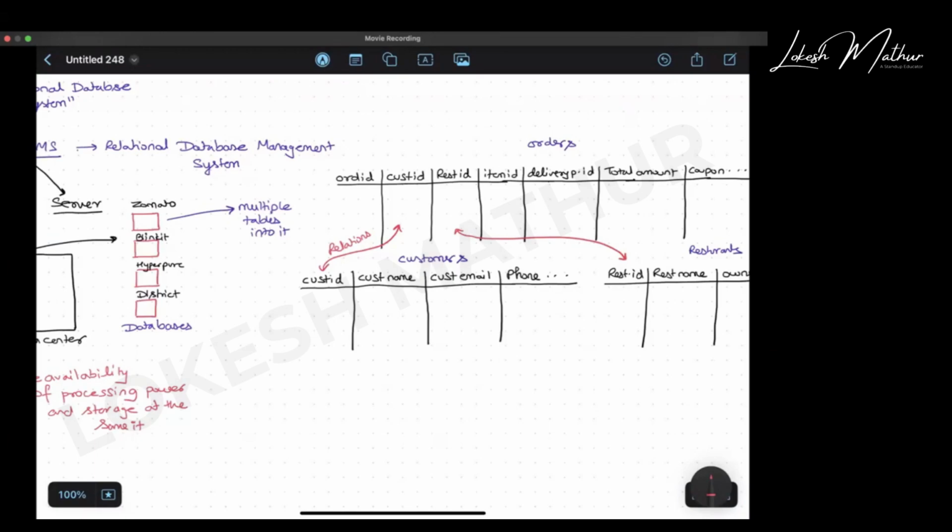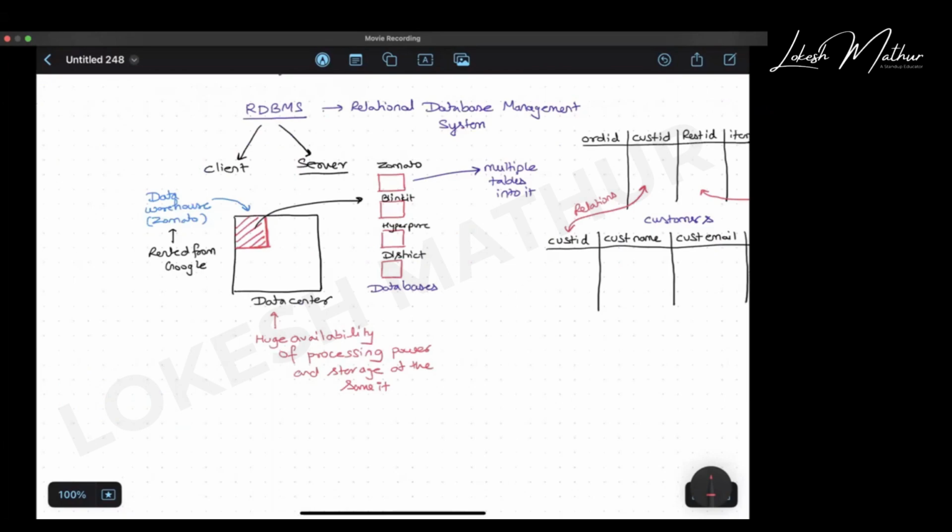And you need to define that when you create the table. So there is a connection between one table to another table, that is the relational. Now, since these tables are the part of the database, so relational database, and since this is a system which is managing all these databases, it is known as relational database management system.